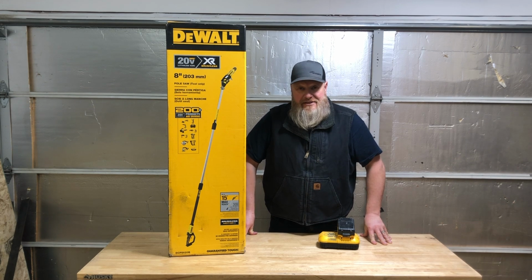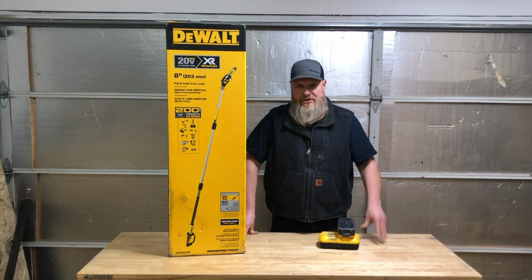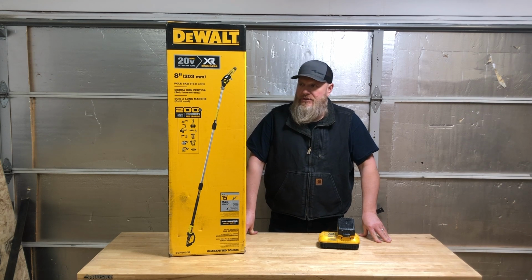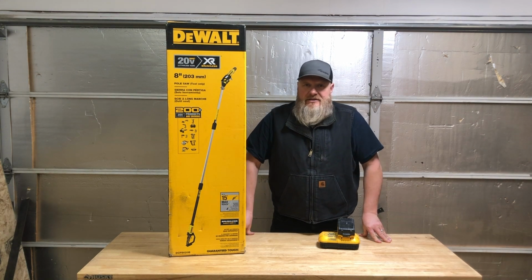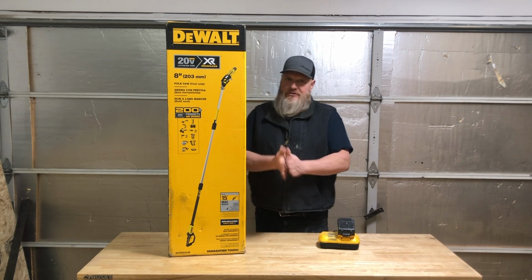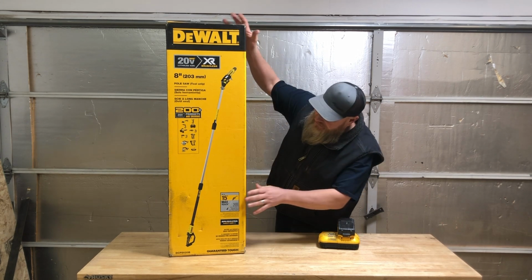I'll start off by saying I got a lot of great comments on that circular saw that I reviewed last week, which I'm going to tell you, I love that thing. I've been using the heck out of it, and it works great. That saw didn't come with a battery, and I got a lot of comments about that, and one of them even saying that's why they go with DeWalt. I don't know if you can see it from there, but